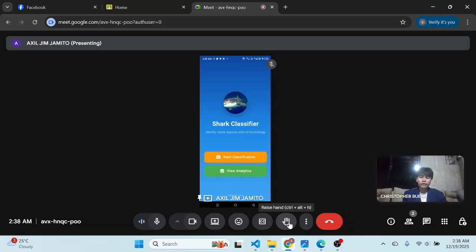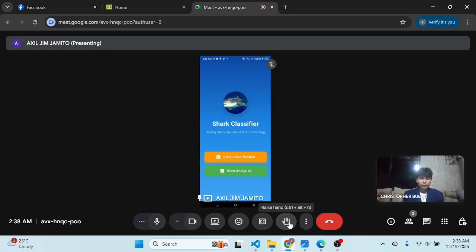To give you an overview of the Shark Classifier, it allows users to upload or capture shark images using their mobile phones. Once the image is uploaded, the application processes it using a trained AI model to predict the type of shark.